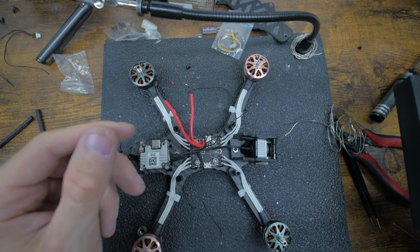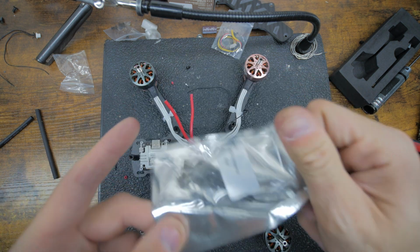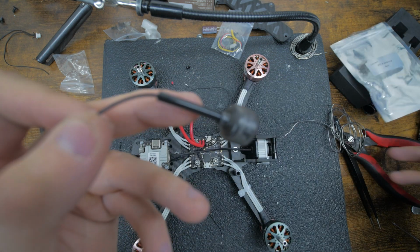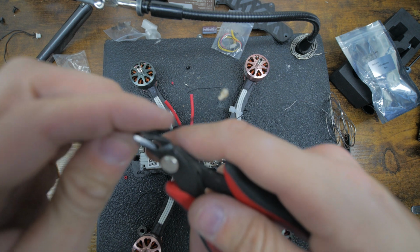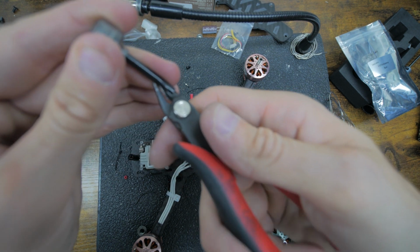I'm not a fan of this one. I like the old school one, so I got one of those. The only thing about these is there's this tall plastic and it's gonna be in my way, so I like to just kind of cut up it. If you slowly just work your way up like this,